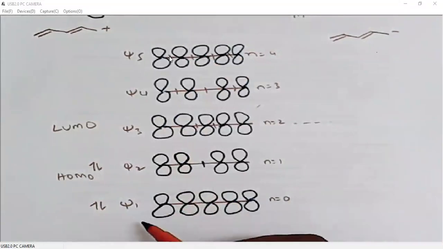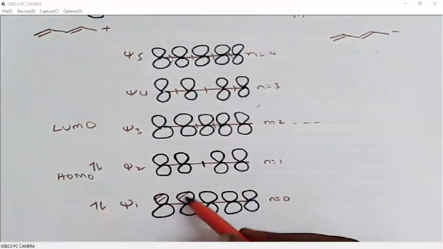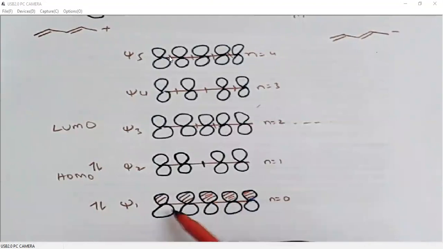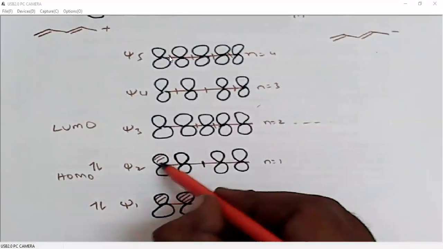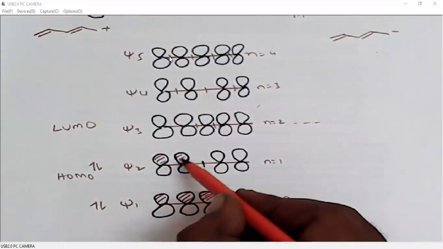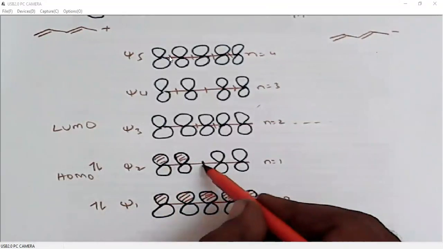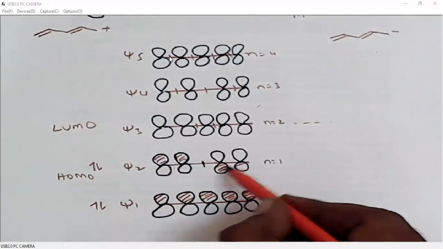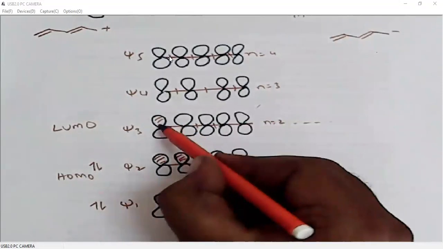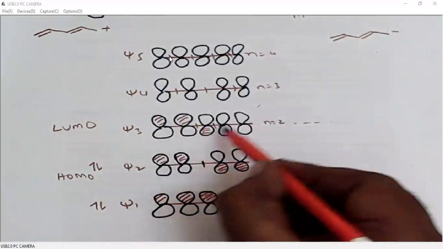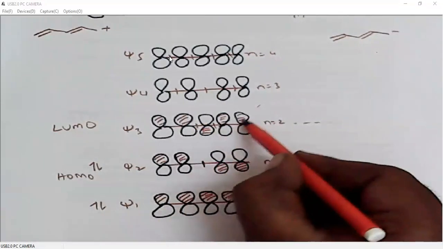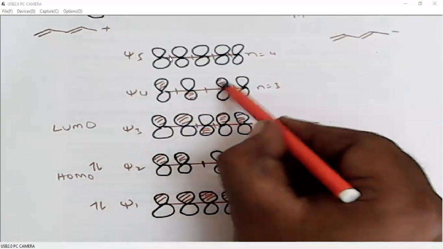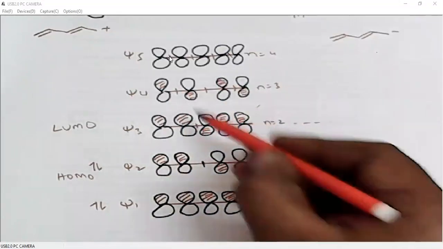When we represent the phases of the orbitals, because there are no nodes, all the orbitals must be in phase. That means same phase orbitals. Here, if you take it as a positive lobe, there is no node between these two, so these two will be in same phase. Because we are having a node here, the phase of the orbitals will be reversed. We don't have a node here, so same phase. Similarly, here it will be reversed again because of the node. These two are in same phase. Then, of course, here we have a node after each orbital, so each orbital will be in a different phase. Similarly, here.